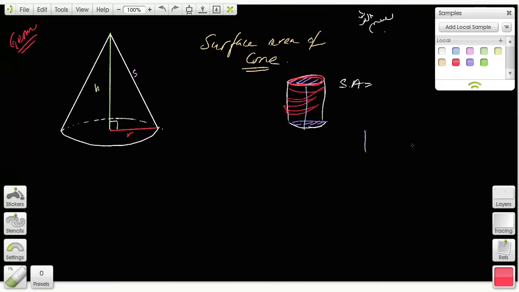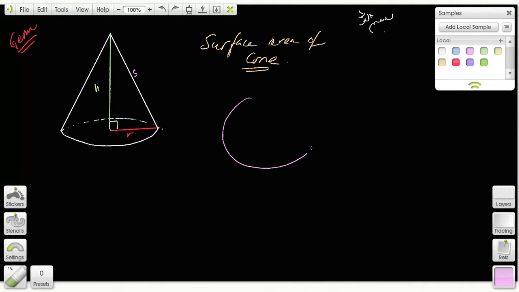Now the question is, what do you get when you open up a cone? So if you have a party hat, this actually helps. If you open this cone up, in other words, if you take some little scissors over here and start cutting it right here, the question is, what do you get? What do you get when you open up the cone? If you say that to students, many students say you might get a circle. Some of them might say you might get a semicircle or something like that. But what you really get when you open up the cone is